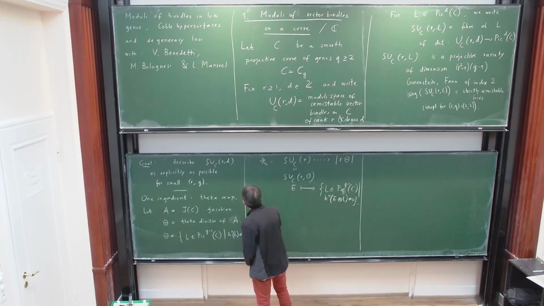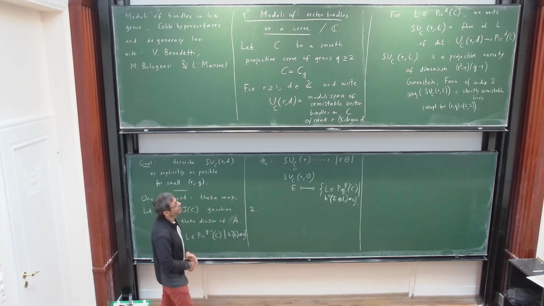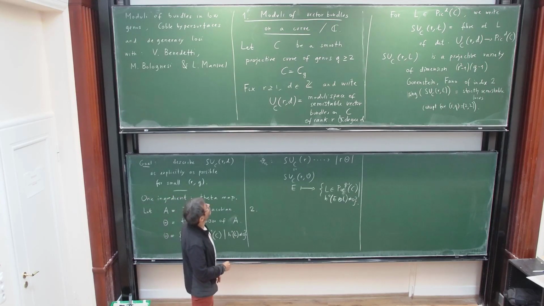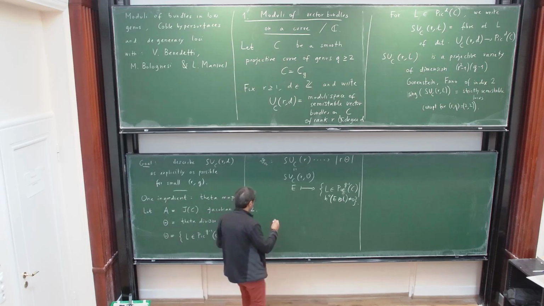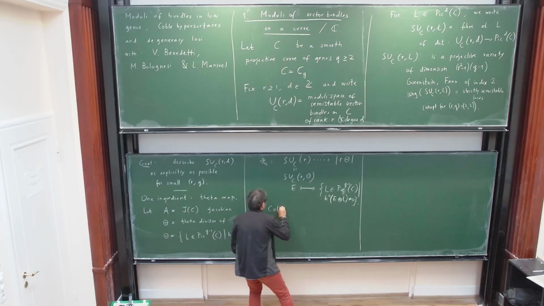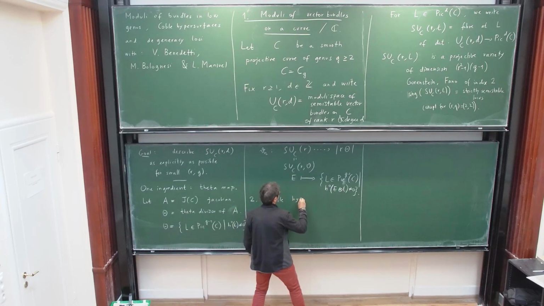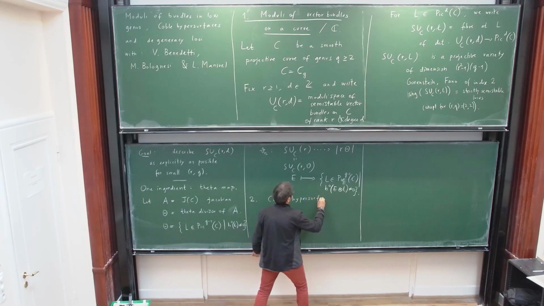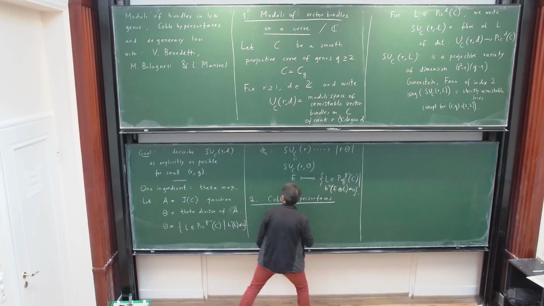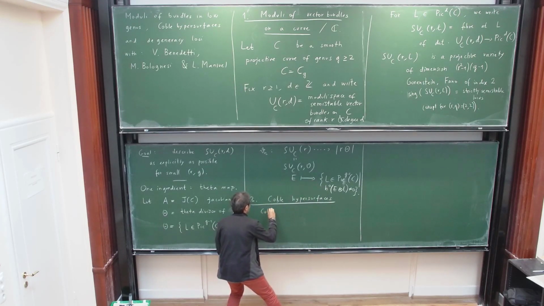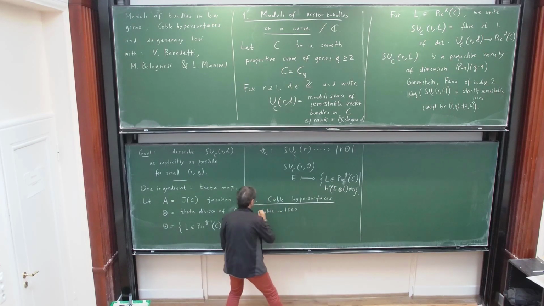Right. So the main ingredient that I would like to use to describe these moduli spaces is these Coble hypersurfaces. Let me explain that to you. So Coble, around 1860 or so, defined